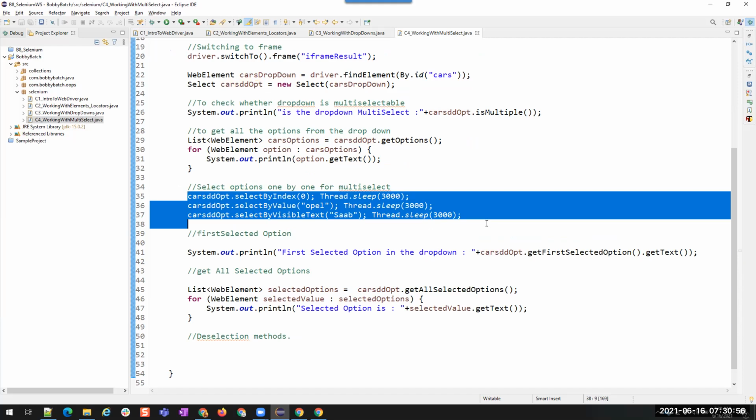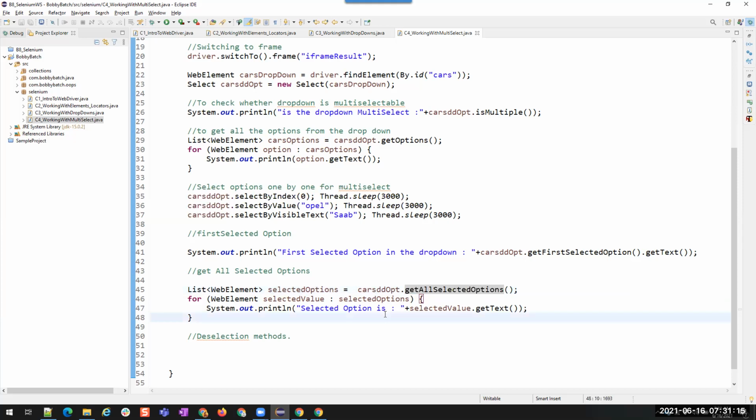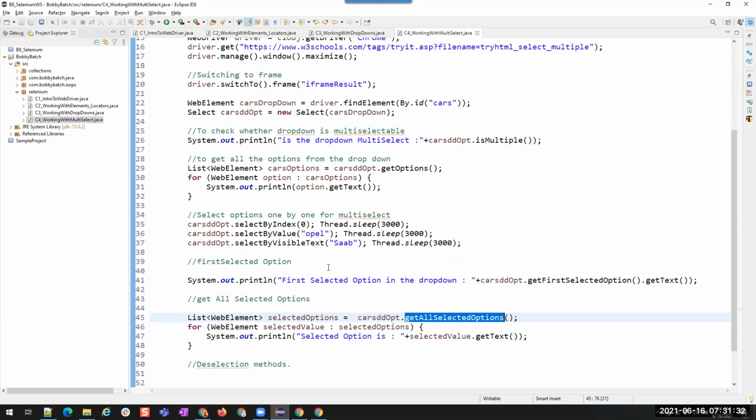Was that your question or something else? Yeah, somehow the same, but my question is: you wrote down get all selected options, right? Yes. So let's say I want to find only the selected options, like get all selected options. Let's say we haven't written the above code. Do we need to write something similar to that code first, and then only can we write get all selected options?